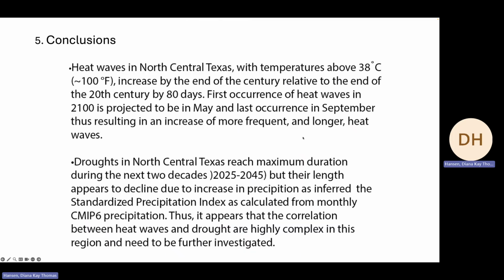So in conclusion, heat waves will increase by the end of the century from about 20 days at the beginning to 80 days per summer, or more than 80 days per summer. The season for droughts increases from July to August to May to September, and droughts will become less frequent, but maybe in more longer. And that's just